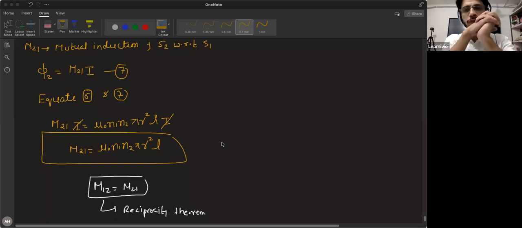The next class will start self-induction. Self-induction is the last topic. After self-induction, there is one small thing, induced electric field. So most probably we'll finish this chapter in the next class and we'll start with AC. And once the AC is over, we'll